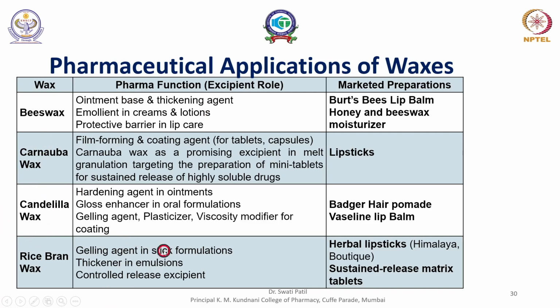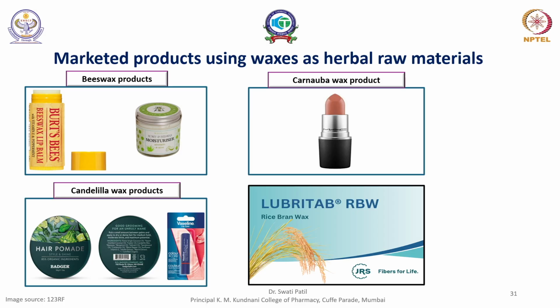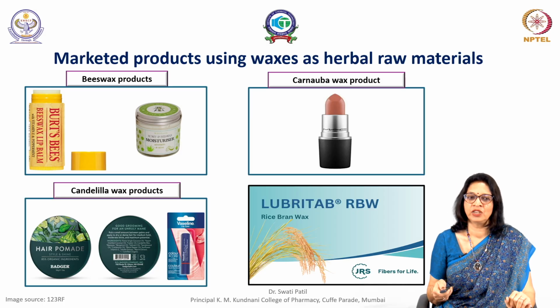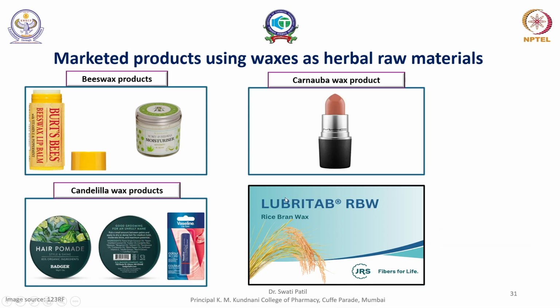So these are a few examples of natural waxes. There are many more which are used in today's herbal cosmetic industry and the pharmaceutical industry. So beeswax as a moisturizer, carnauba wax in lipsticks, candelilla wax in hair products, and this is the rice bran